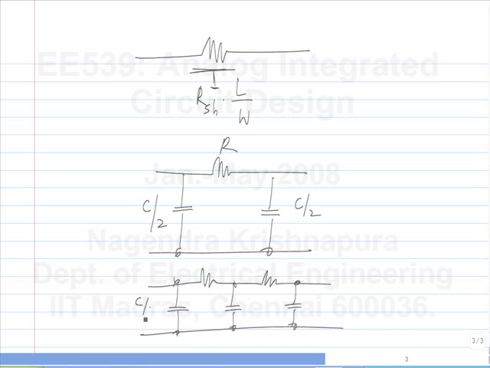So you can take C by 4, C by 2, C by 4 and this. So you can play around with these values and see what the difference in response is. For instance, you can measure the impedance of this element, okay, with different models, and they will be different. And the difference will be at different frequencies. So depending on which frequency is of interest to you, the models will make some difference. But typically for circuit design, it's enough if you use something like this, or maybe with a couple more sections, okay.